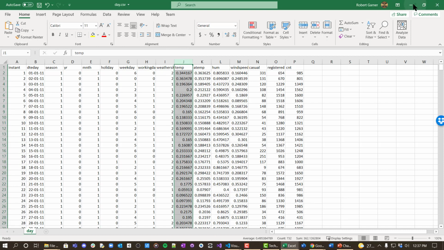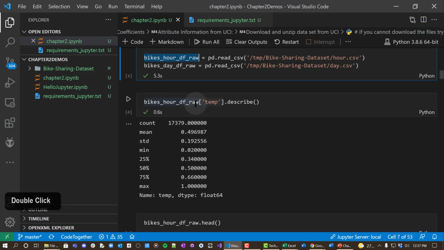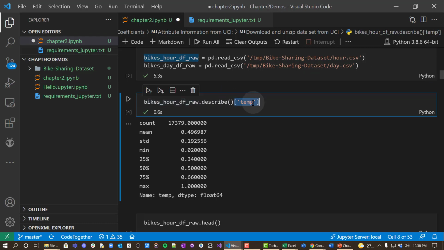And they're taking it off of the hour one. And so what describe does is it runs a few statistics on it, and